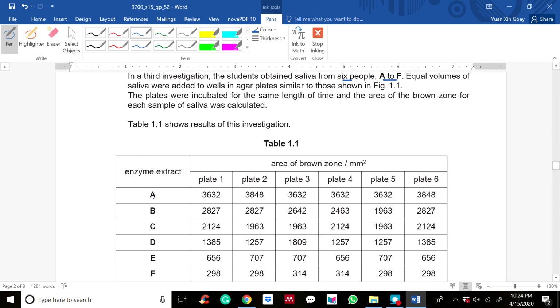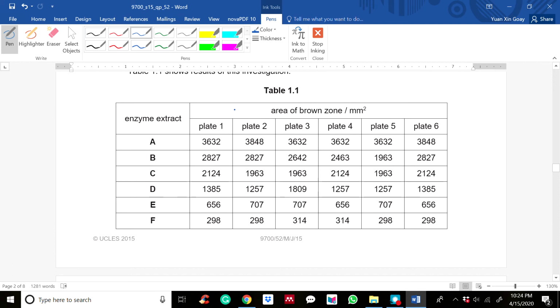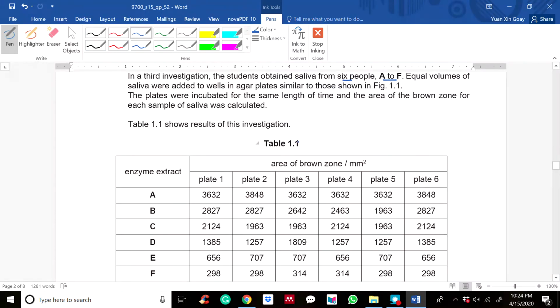So this is the saliva, or the enzyme extracted from person A to F. Equal volumes of saliva were added into the wells of agar plates similar to those shown in figure 1.1. The plates were incubated for the same length of time, and the area of brown zone for each saliva was calculated. This table 1.1 shows the result of these investigations. You can see that